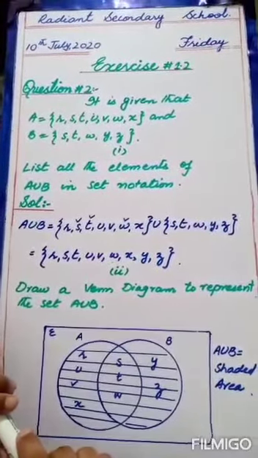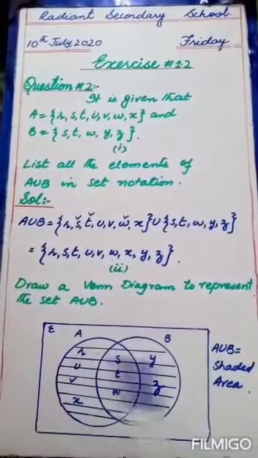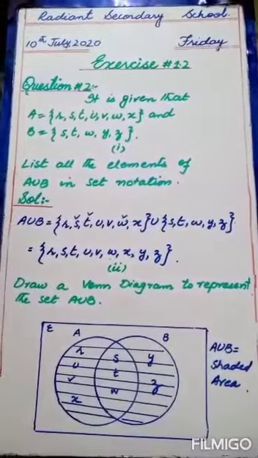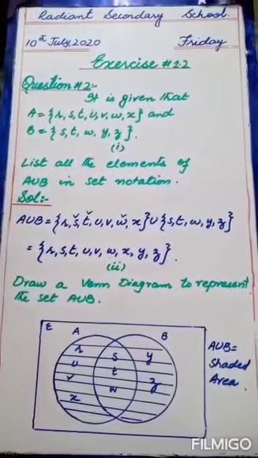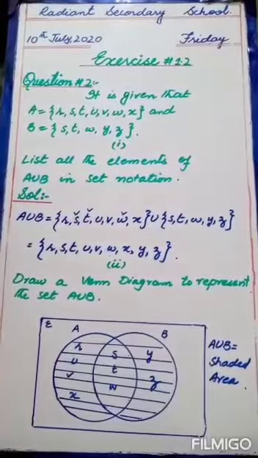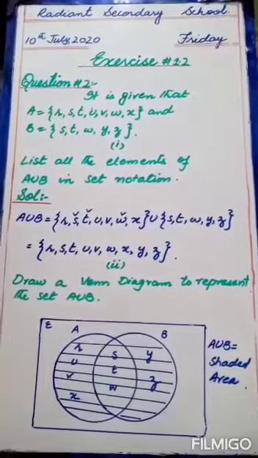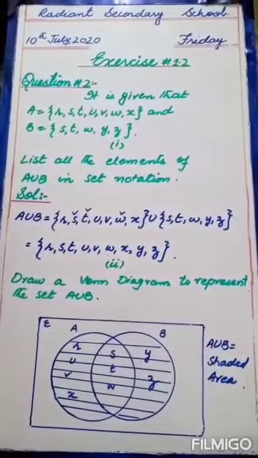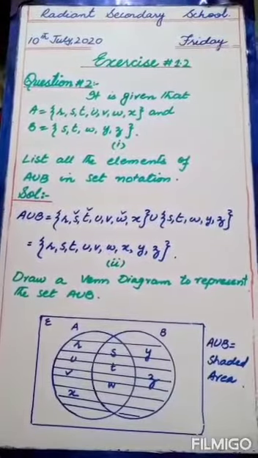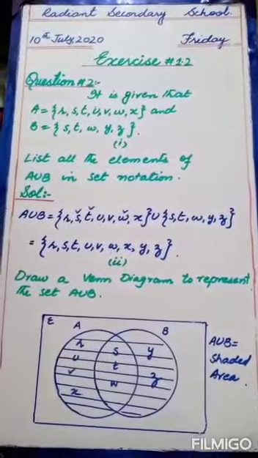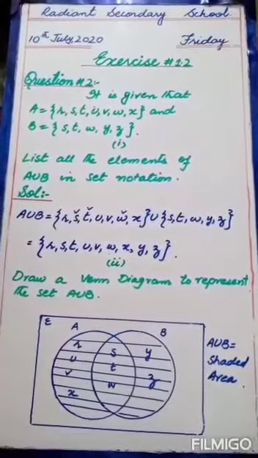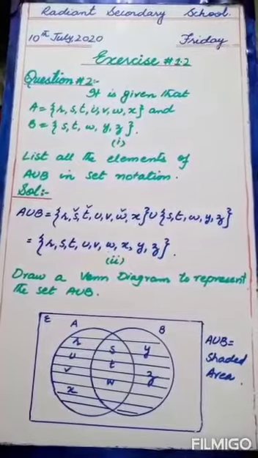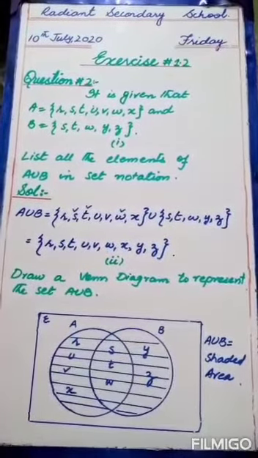Okay class, I hope you have well understood the lecture of Venn diagram, and we have just done the question number 1 and 2 of our exercise 1.2. I hope you will do your work neat and clean on your neat notebooks, and you have to do the practice of these questions as well, because maths needs the practice only. If you do the practice of these questions, you will be able to solve any unseen questions. Clear? Especially Venn diagram, you have to make the practice of the different questions, take different sets and draw the different Venn diagram. I hope you can do it now.